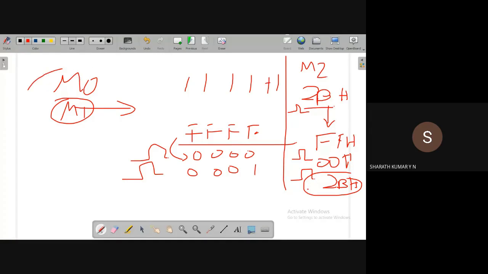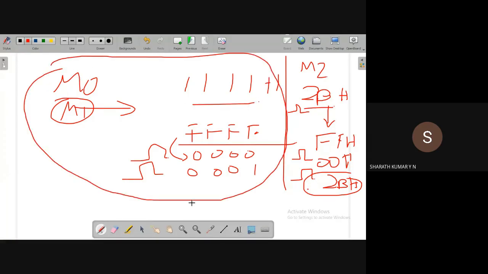Whereas for mode 0 or mode 1 operation, if you want to start with the initial count, say once it reaches 0000, I don't want to continue the count with 1. I want the initial count 1111 to be copied. I want the timer to start with the initial count. This copying of the initial count the programmer has to do using an instruction.